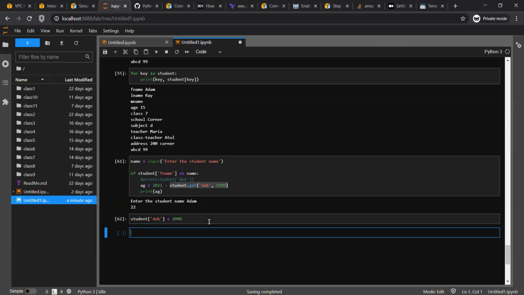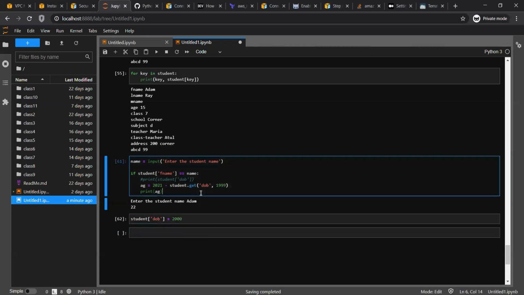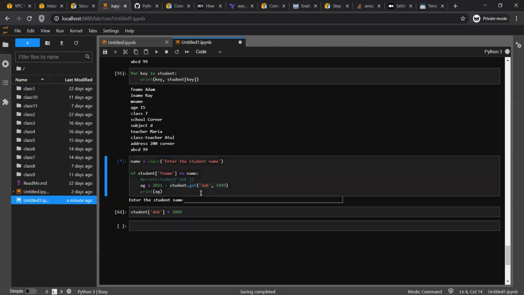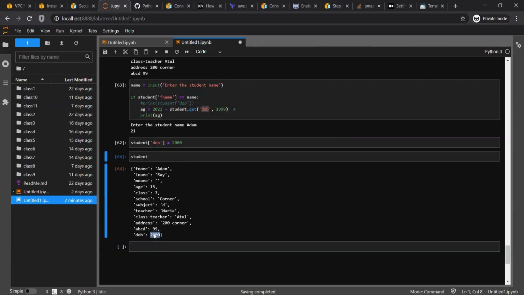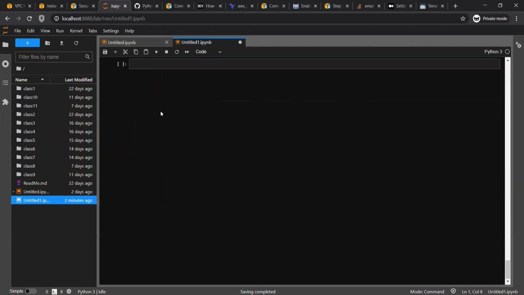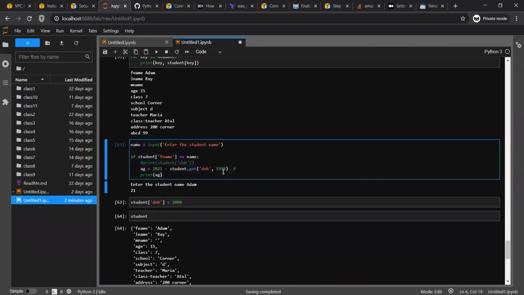Okay, if I run this now, what number will I receive? I'll receive 21 this time, because this time student DOB exists, and student DOB is 2000. So if it exists, return me that value. If it doesn't exist, return me 1999.